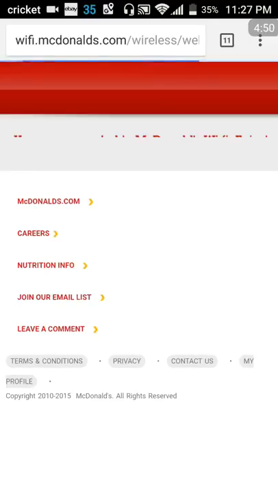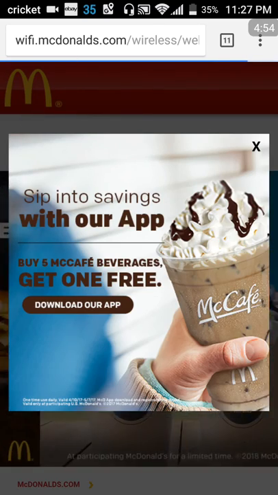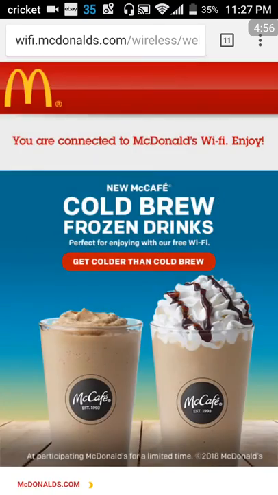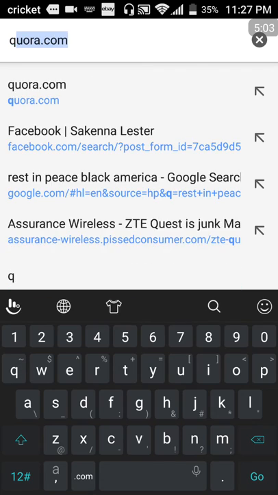Some of them may have a checkbox that you have to check to agree to their terms of use, and then you can click connect. Now when you click connect, sometimes the next page may load or may not load. Whether it loads or not, you should be connected. And if you type in another address and try to go back and type Quora.com again,